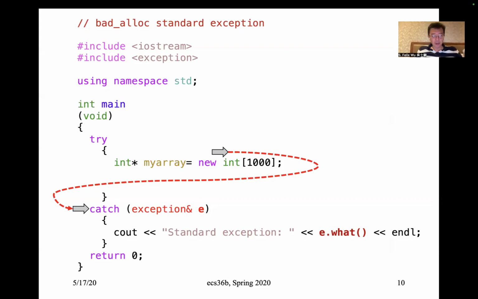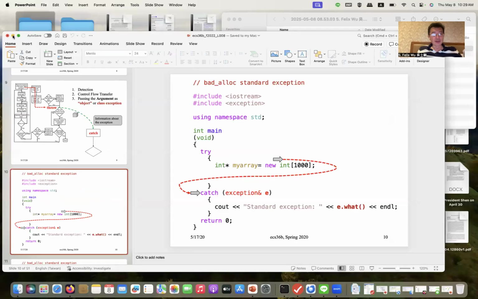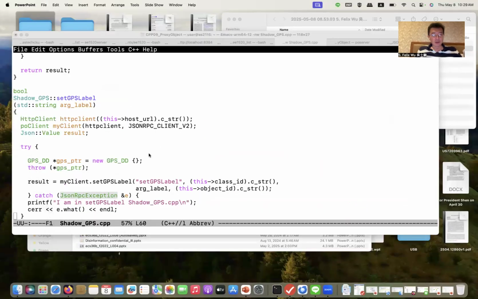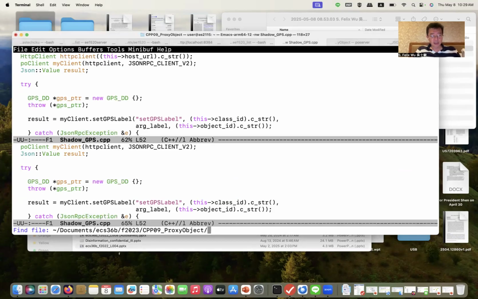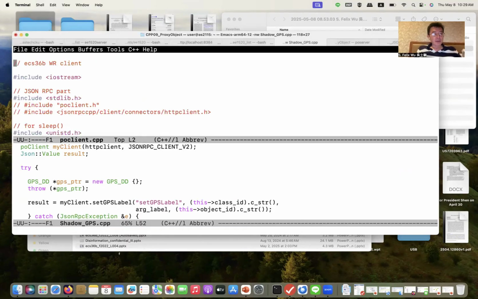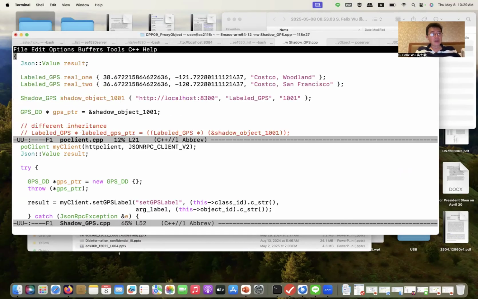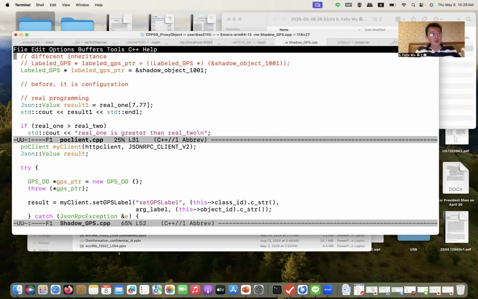I know what example I want to show you. I want to go back to this example. This is the last example I'm going to do, then we're going to see you on Monday. So remember I said if I have this throw GPSDD, I cannot catch the exception, it becomes abort trap 6. But I can do this. If you notice what I did over here in the PO client.cpp, if you remember what I did here, when I call